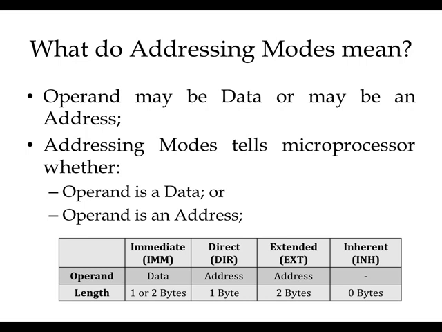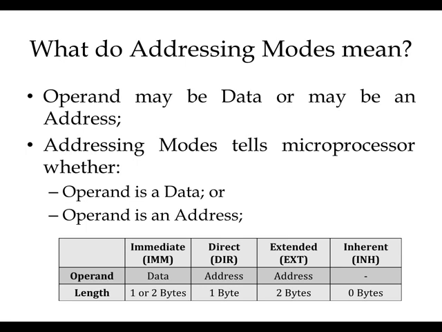So let's see here. First of all, any instruction has 2 parts, we know that. One is the opcode and the other one is the operand, right? Now the operand can be of 2 different types. The operand can be either data itself or it can be an address. And exactly the addressing mode tells us whether that is data or that is an address,